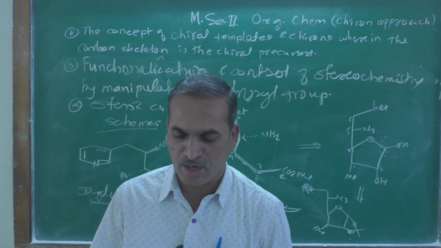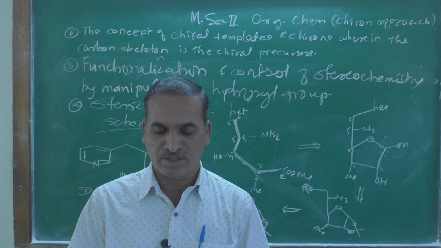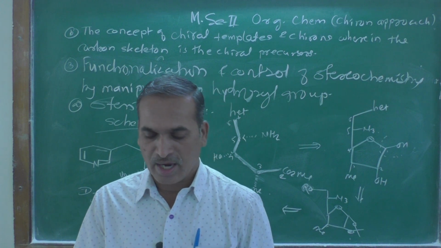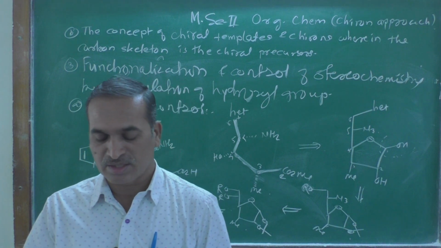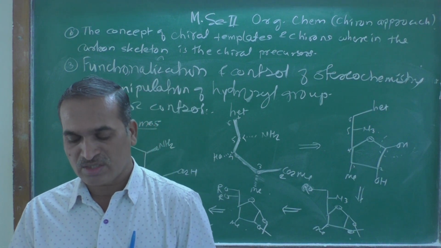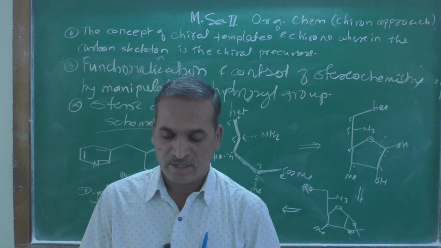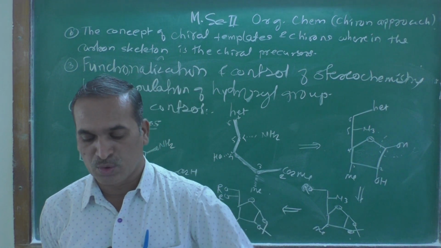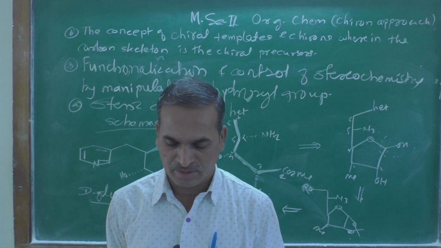The introduction of a potential amino group as well as the heterocycle can be easily performed by manipulating the C5 and C6 side chain. And note that the amino group must be introduced with retention of configuration, as we know